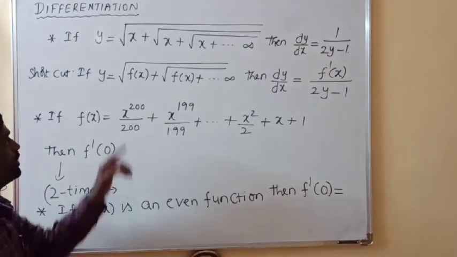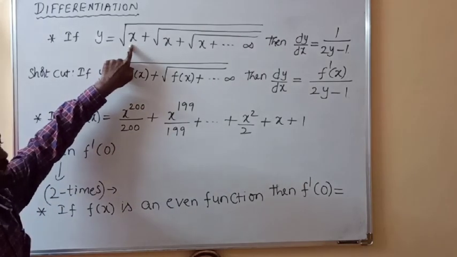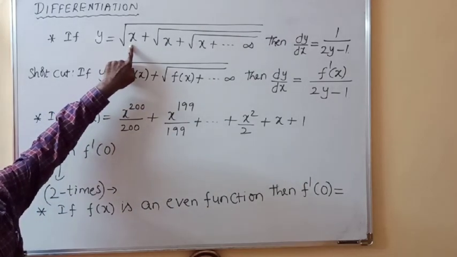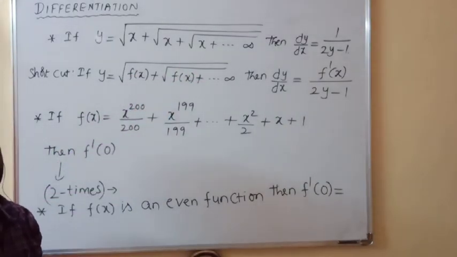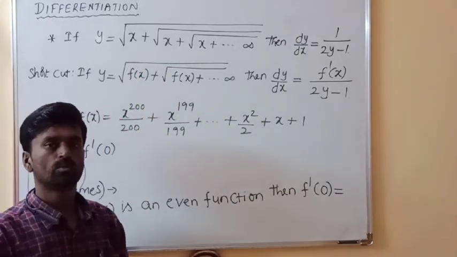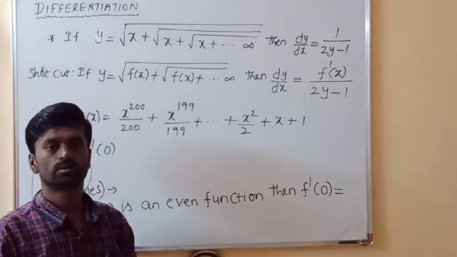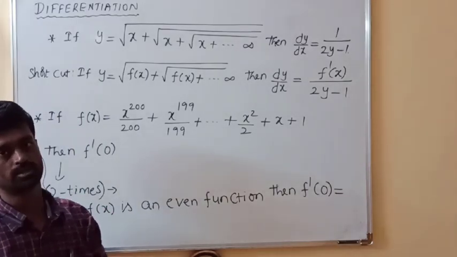Okay, the derivative of the function divided by 2y minus 1. Here, instead of f of x, what function do we have? x. So the derivative of x is 1, divided by 2y minus 1, that is 1 upon 2y minus 1. Suppose instead of f of x, sin x is there, then what will be the answer? What is the derivative of sin x? Cos x. So the answer will be cos x by 2y minus 1.